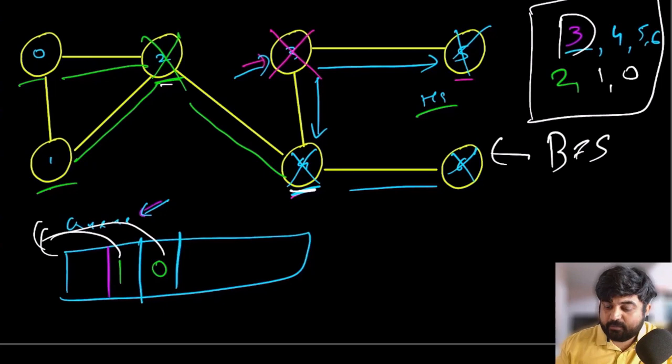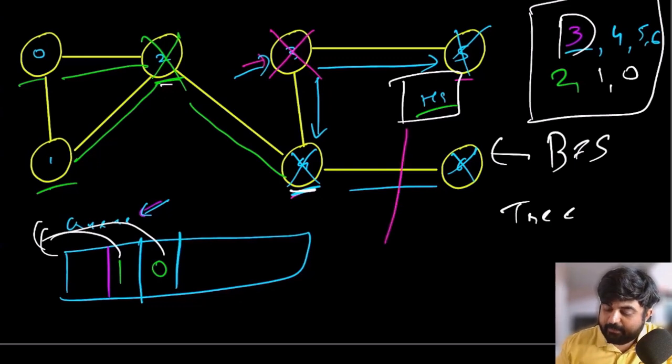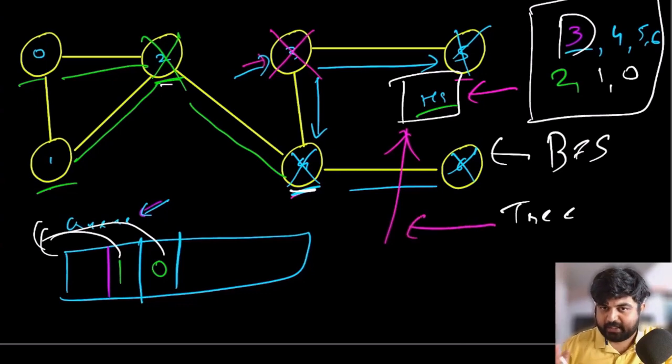Same technique is going to be applied for a tree as well. The only difference is that in the tree we don't care about the hash set, because typically you would not encounter infinite loops. But the thing is, inside the tree, depending on the question, sometimes you might have to use a hash set, but in the graph you will have to use it. This is a must for a graph. For a tree, this is optional, so take care of this one.